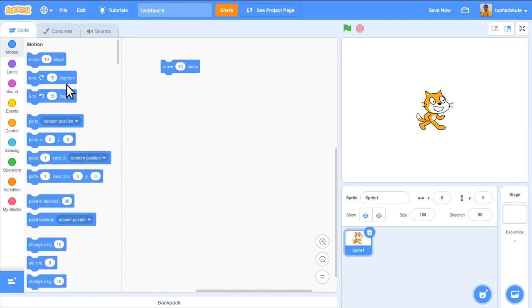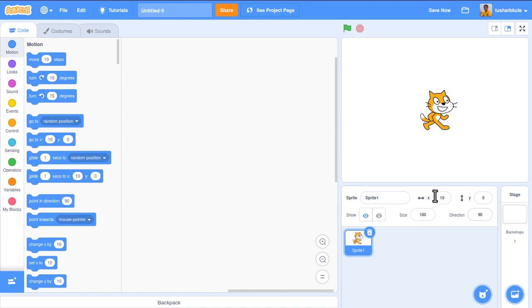So these options we are going to see today, and what effect these steps have on the sprite. Now let's start with the first. I'll just click on this and delete. Okay, it's deleted now. My current position of the sprite is 0 0, at the center of the output. I'll make sure it is at the 0 0 position.